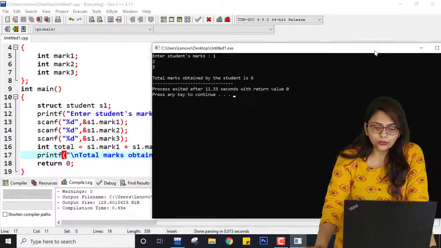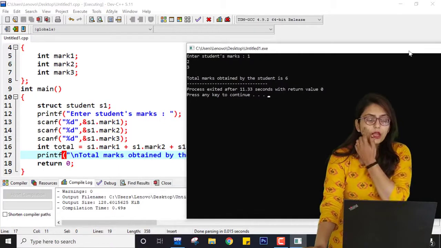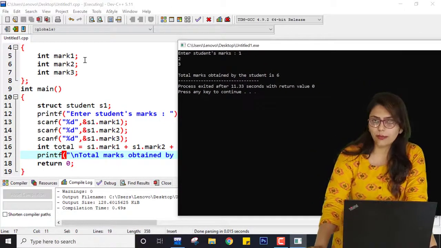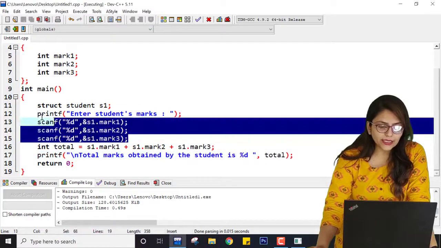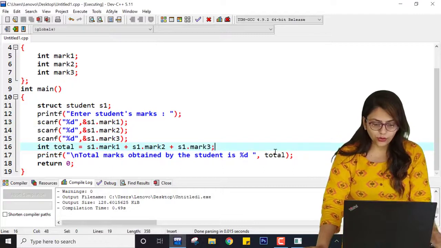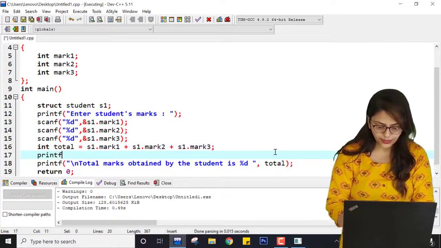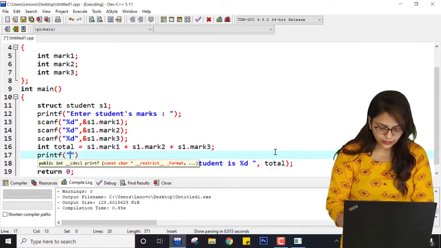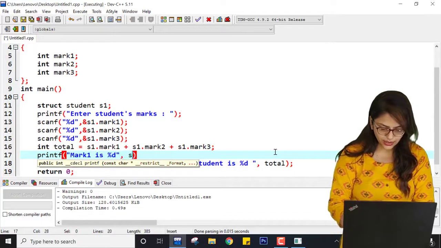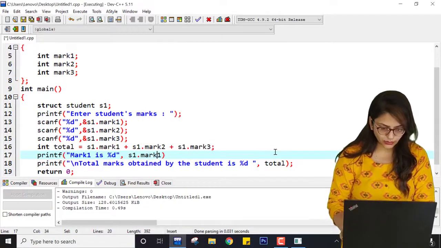So I know that in case of structure, different memories are allocated to mark1, mark2 and mark3. So I can access them in this way, right? Here after this, if I want to print, say printf mark1 is %d, here it will be s1 dot mark1.